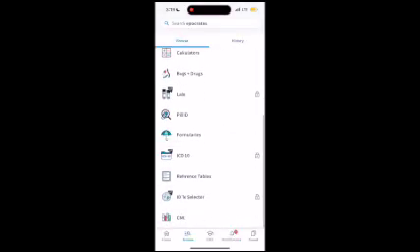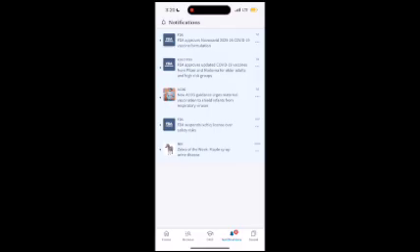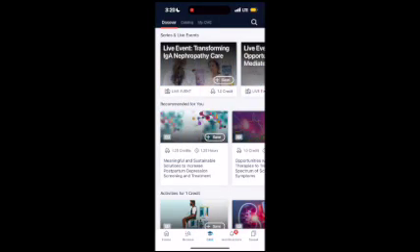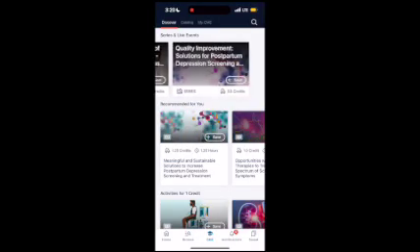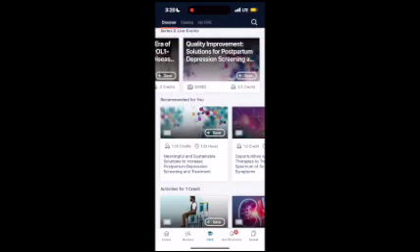Something else that I found pretty helpful is the pill ID. You can write in the codes, the shape, the color, and it'll tell you which pill. Here are my notifications of all the up-and-coming news, FDA approvals, etc. And there's also a CME tab. Unfortunately, in optometry in Florida, we cannot do recorded virtual CME, but this is a great option for those who